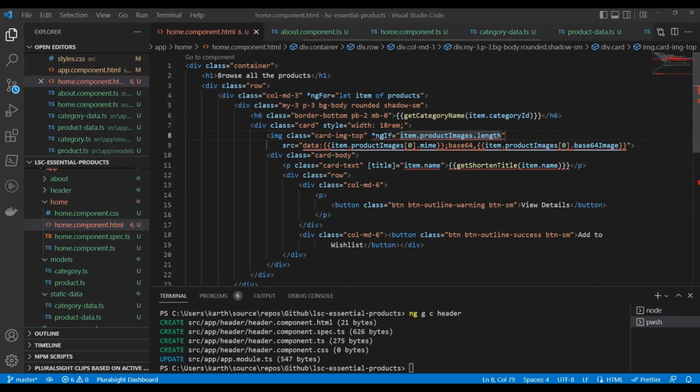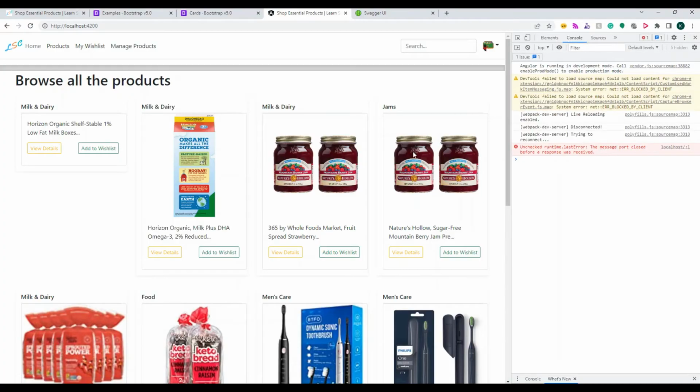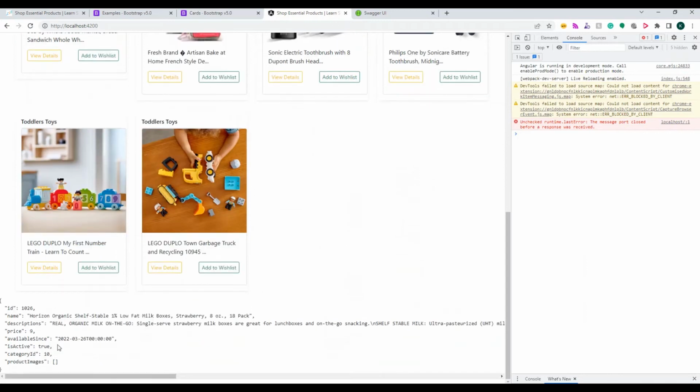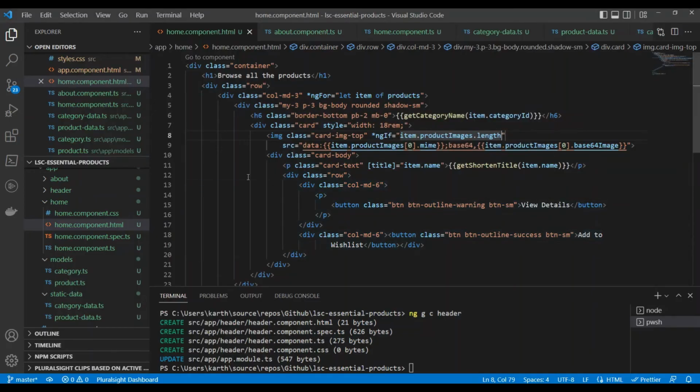Now you see the UI is not broken. It started showing up all the rest of the images. It did not break, right? But the first one doesn't look good. So we can actually bring up a default image whenever we don't find an image. You don't need to specify dot length greater than 0. Dot length itself will give you evaluation of true or false, and